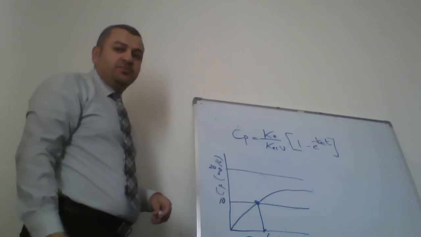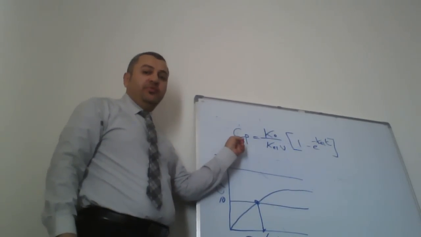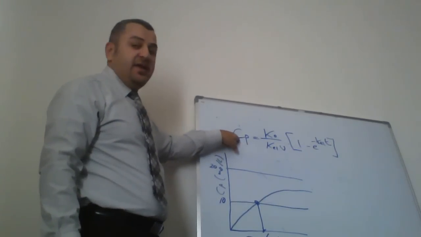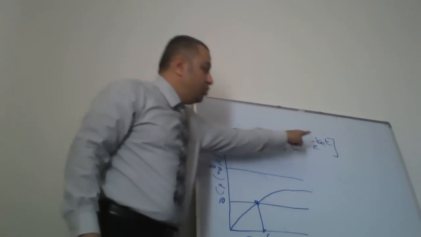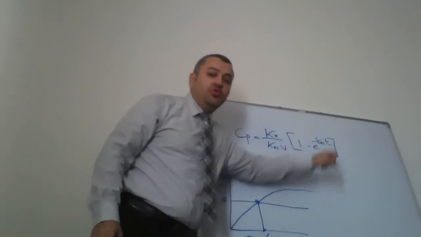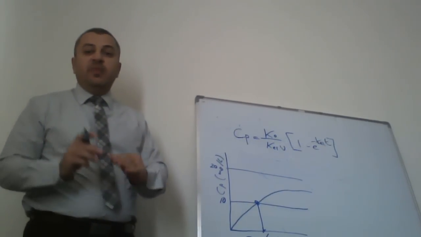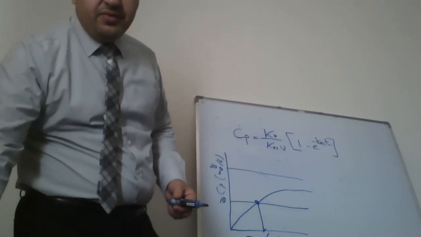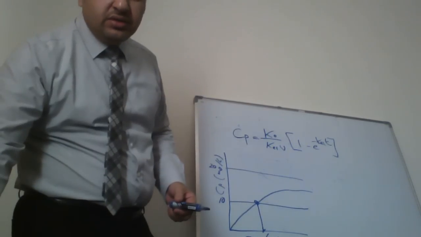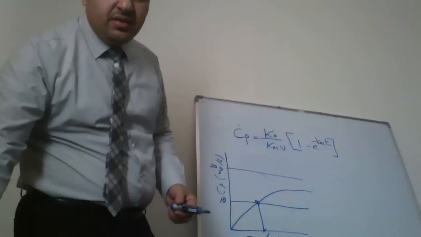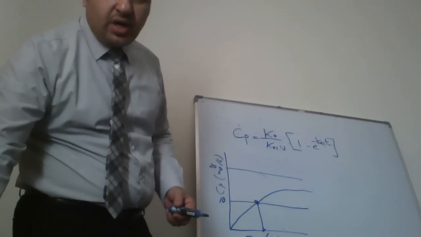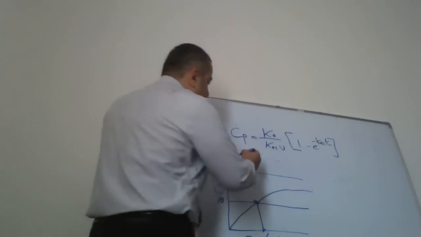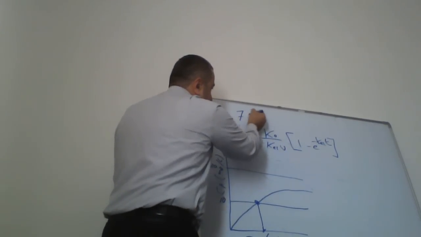Now do the math. What will you use here instead of Cp? You are going to use 10 milligram per liter, and you will find out what is the time until you reach 10 milligram per liter. What is this time? Do the calculation, and what will you find? You will find that it takes actually 7. And if you do the calculation, you will find that it takes